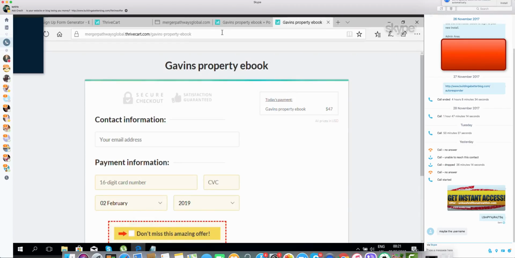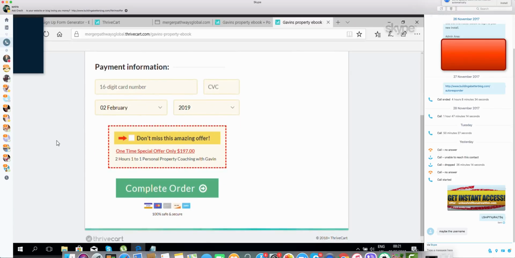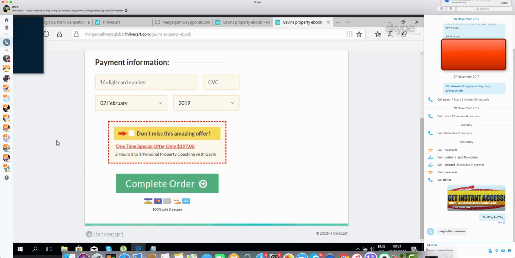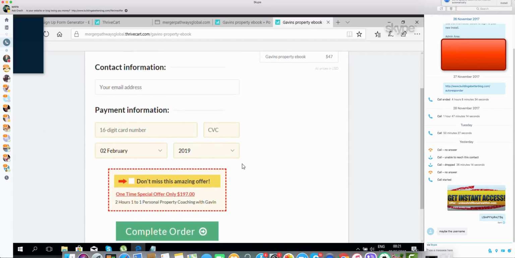And hit enter. Okay, so now whenever someone puts in their email address and their credit card number, their CVV code and their card expiry date, and clicks complete order, you will get your payment of $47. If they click for the $197 upsell, obviously you'll get that on top. You can click to see what the upsell is. I can't remember what it is. It makes it up to